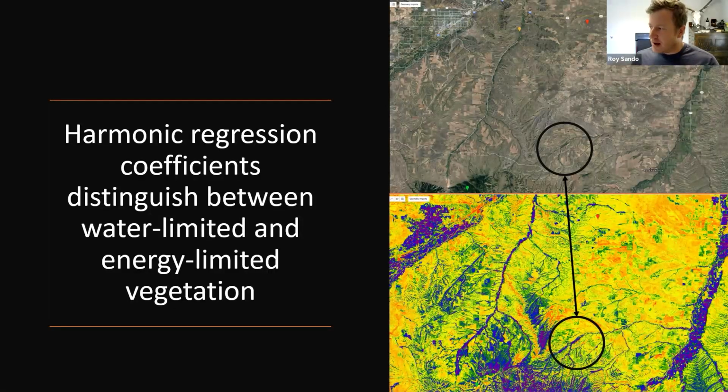So in the upland areas, you have these prairie grasses that are water limited and don't have access to water throughout the year. In the riparian zones surrounding perennial streams and systems, you have vegetation that is more energy limited because it does have access to water year round. You can also see the irrigated agricultural fields popping up as energy limited as well.